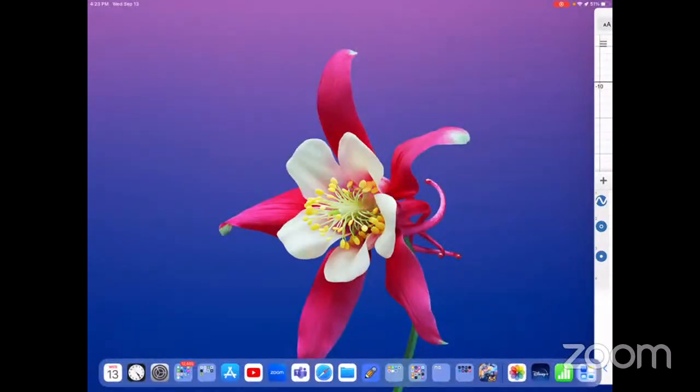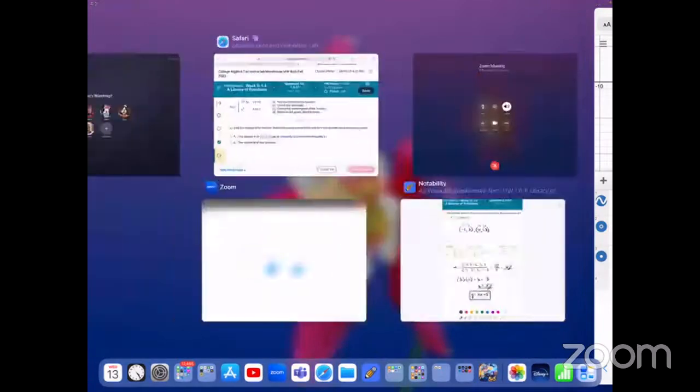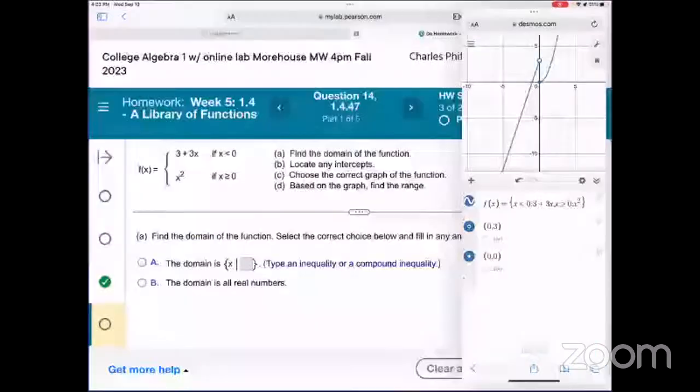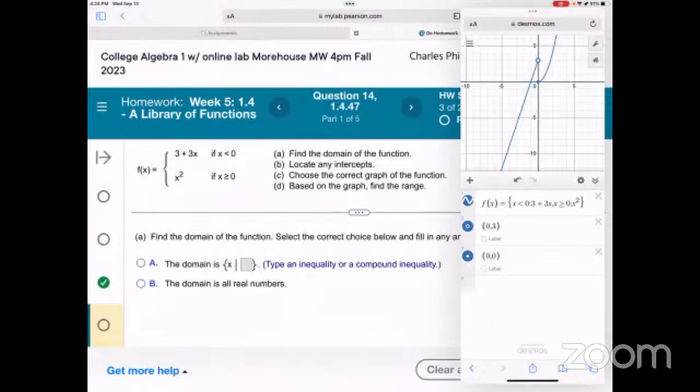And we were working here, right? Okay, so we got our image. We were able to create points and things of that nature. So this is the graph, right? So when x is to the left of 0, it's the diagonal line 3 plus 3x. When x is greater than or equal to 0, to the right of 0, it's the right half of a